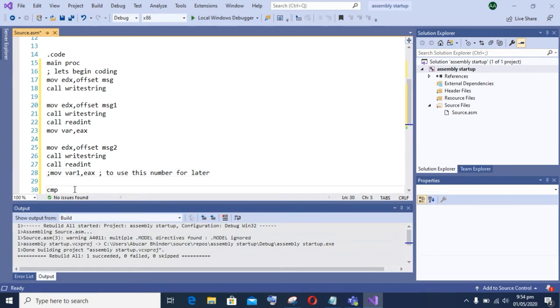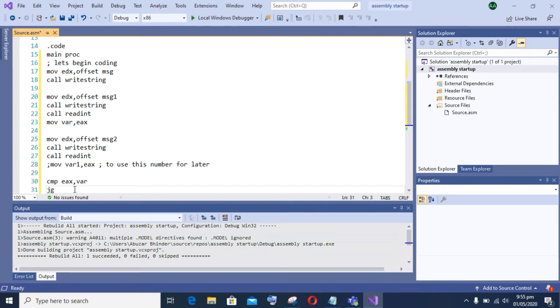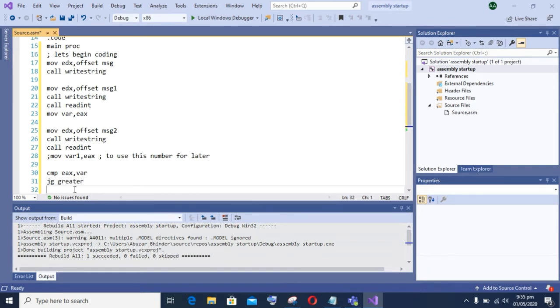And after that, I will use a compare statement, that is the keyword here, CMP. The CMP is an instruction of assembly language. CMP eax, variable. Basically here the second number is compared with the first number, and now I will use jump greater and jump less than or equal.